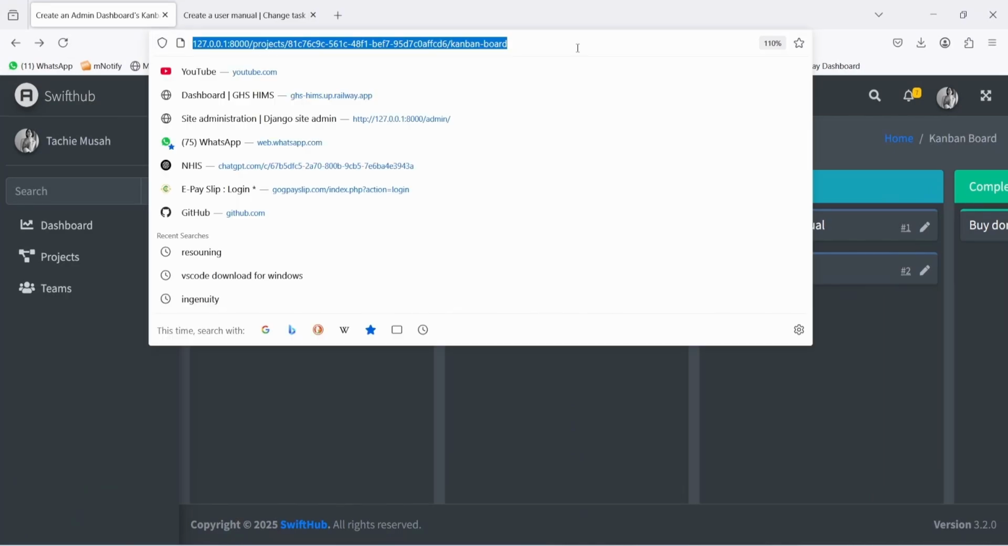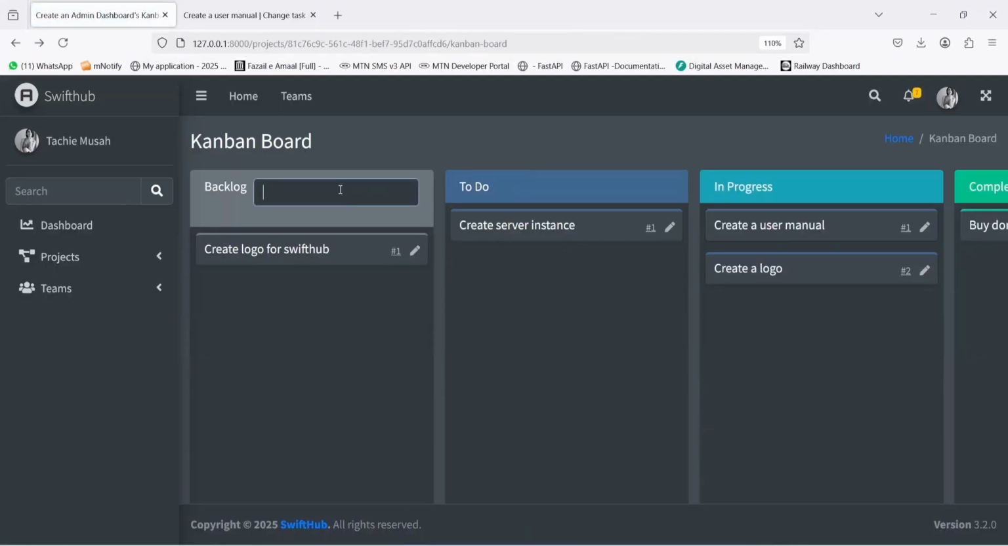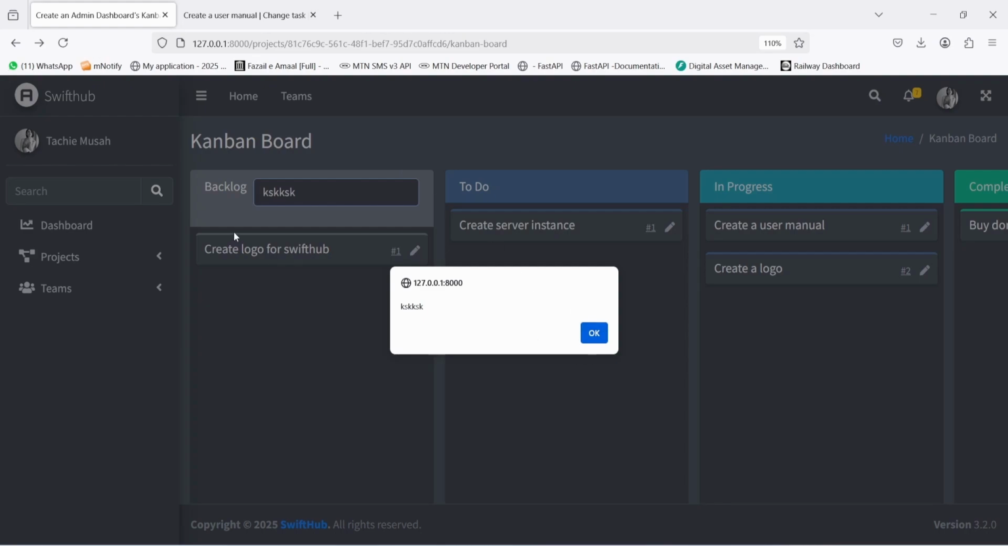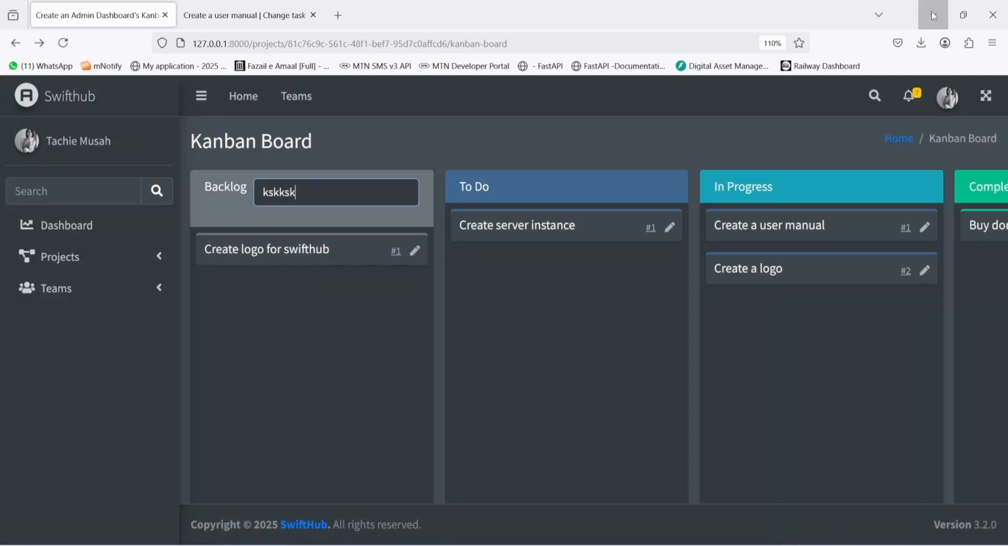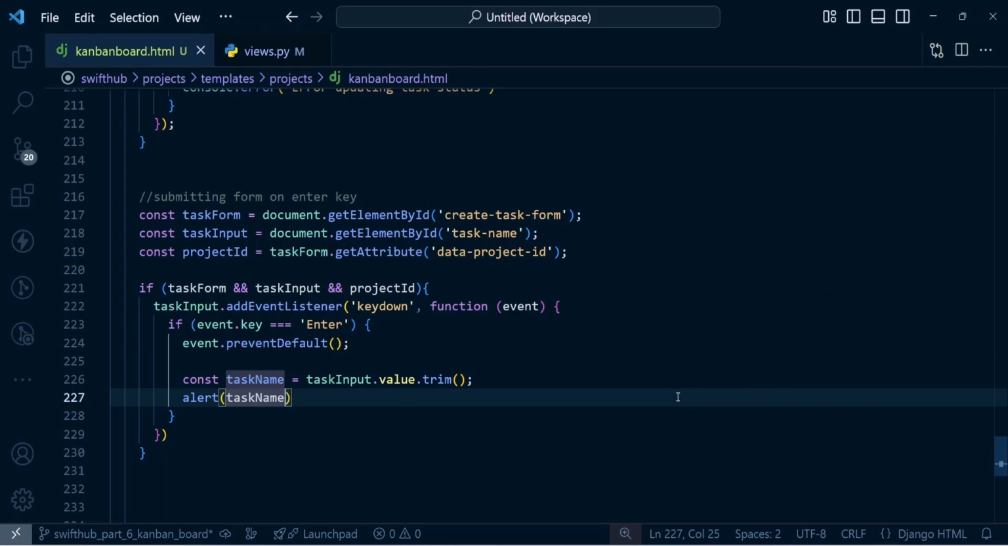Let me refresh this page. Okay, and then the task is going to be anything like this. And when we do this, we are getting what we input inside the input like that. Perfect. So everything seems to be working just fine. All right, so at this moment,